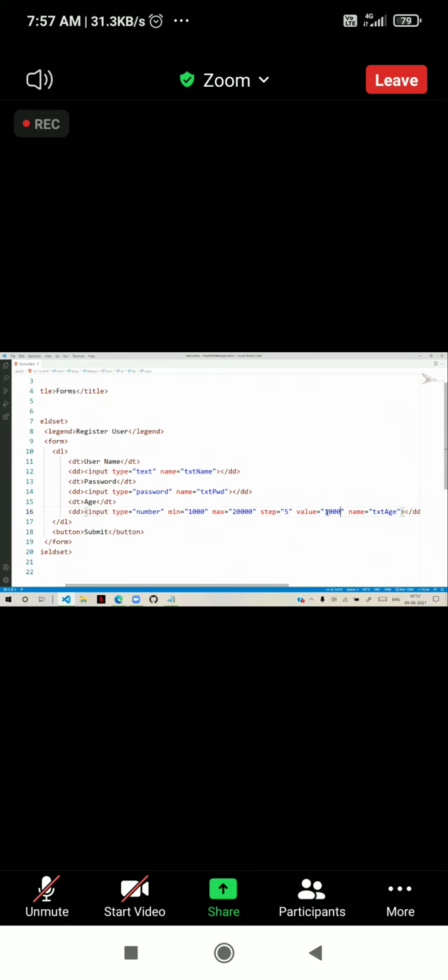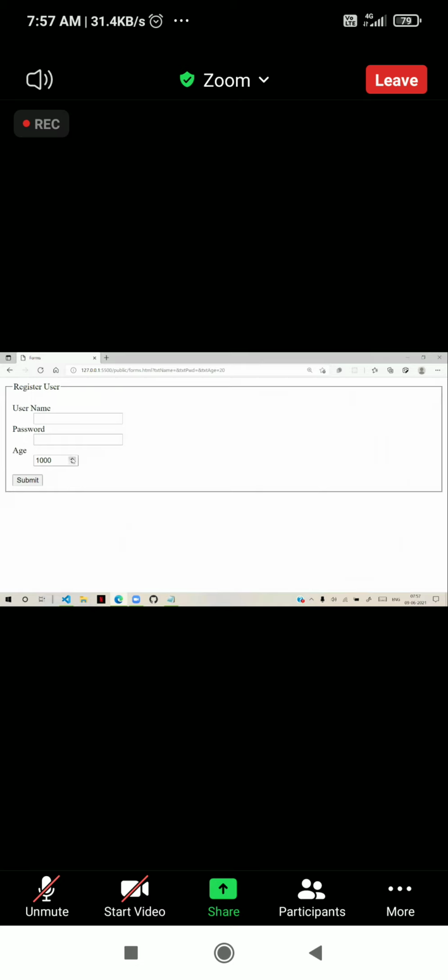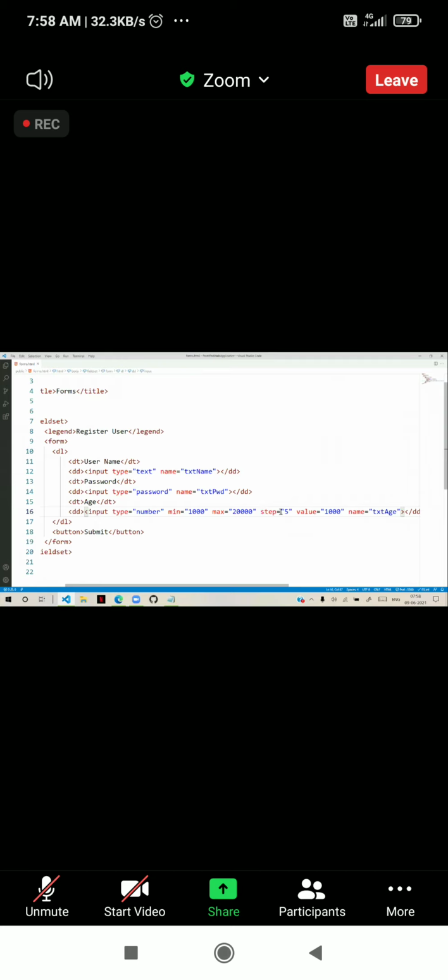You see 1000, and the numbers will be increasing by the step. It will not allow other values now. You have to submit only those step values. If you don't define step, then you can submit anything between 1000 and 20,000. Otherwise, you have to use just the step values. That is minimum, maximum, value, and step.